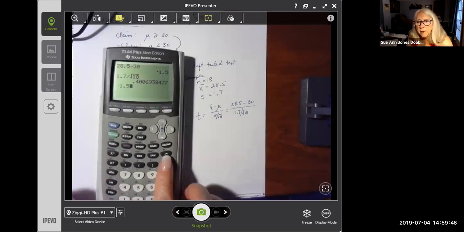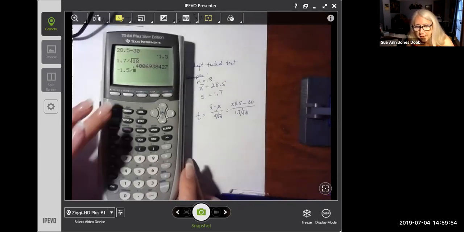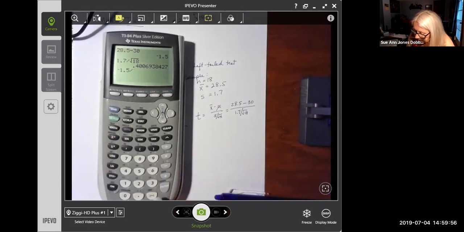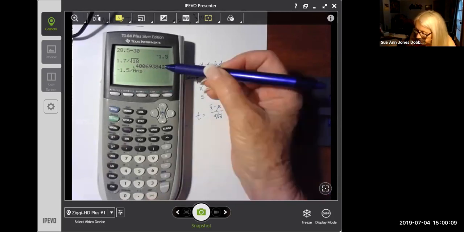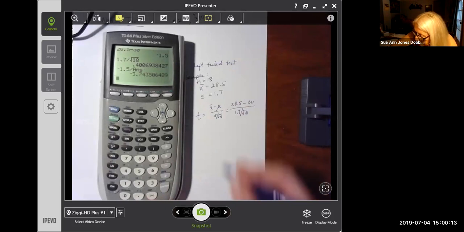Now my choice here is to either copy down that number or use a little trick to retrieve the most recent answer by hitting the second key. And then this negative bar down here, see the letters ANS on the top? That means it retrieves the most recent answer, which was this one right here. That's what I want to divide by. And so here is my test statistic, negative